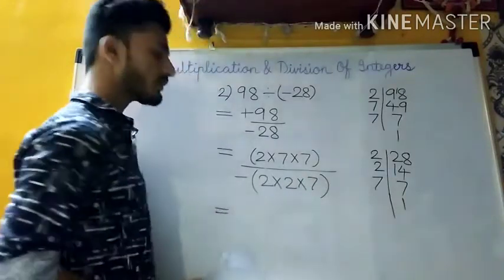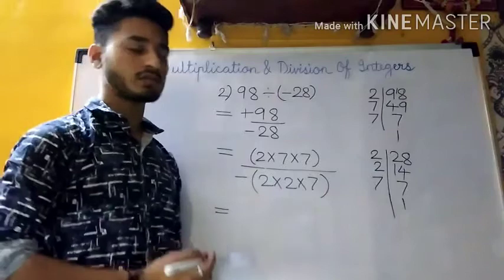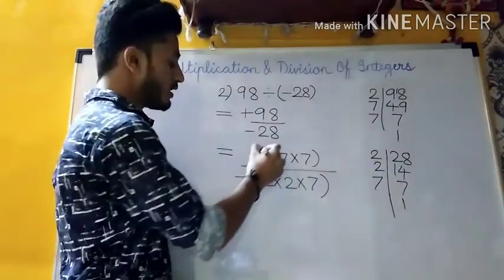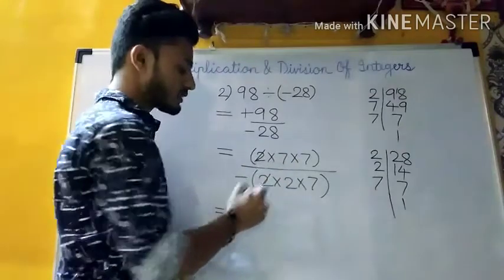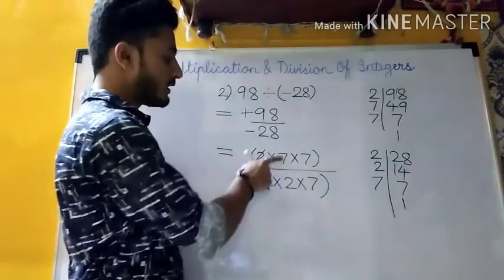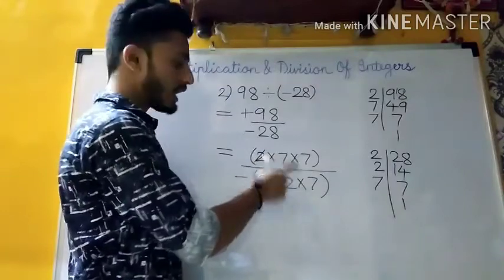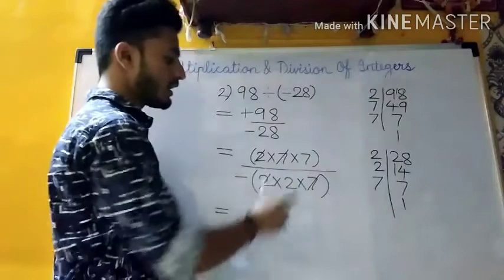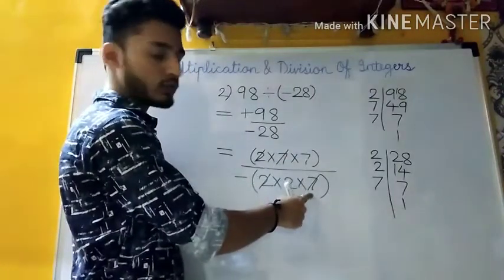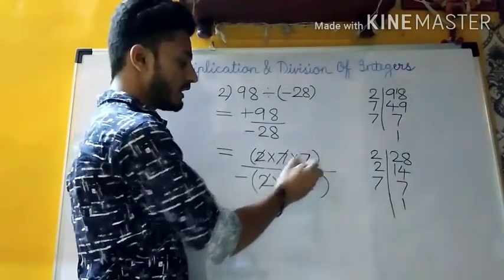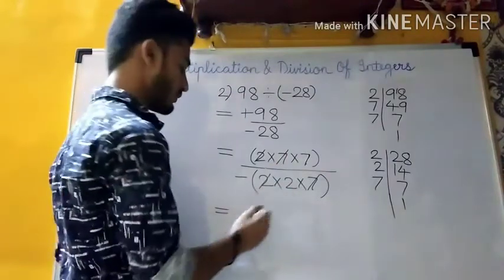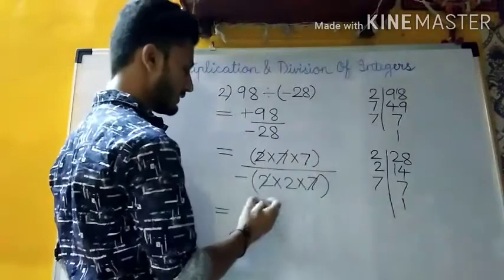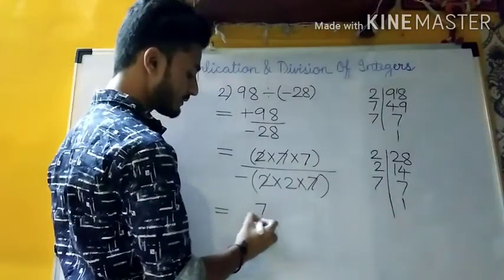Okay, the next step is that we are going to cancel out terms. Here we have a 2, and in the denominator also we have one 2. So this 2 and this 2 will get cancelled. Now here we have one 7 in the numerator and one more 7 in the denominator. So again we will cancel out one 7. Now we do not have one more extra 7, so we cannot cancel out this 7, and we cannot cancel out this 2 also. So what we are getting in the numerator is, yes, only 7. So we'll just write 7 here.